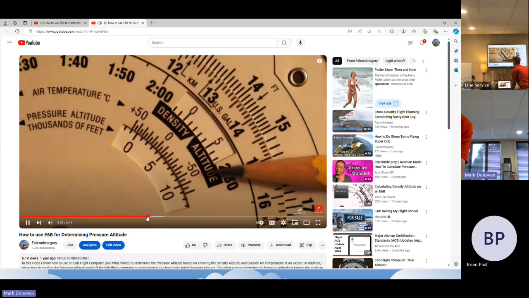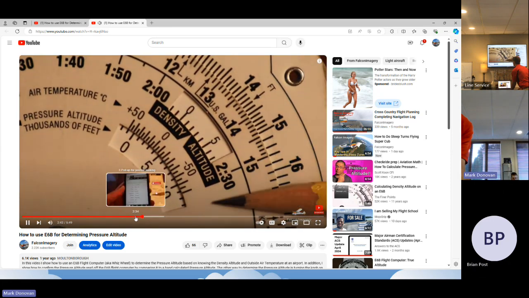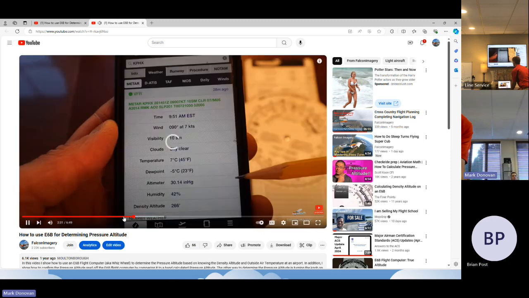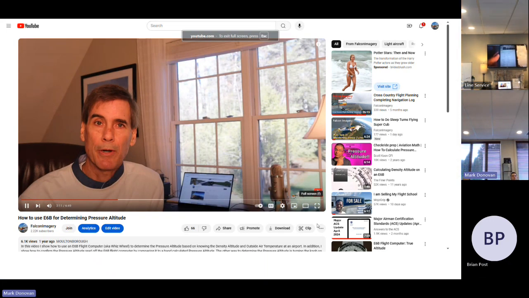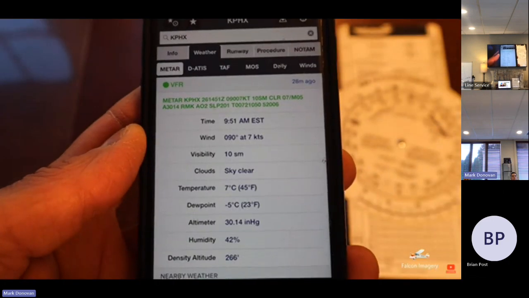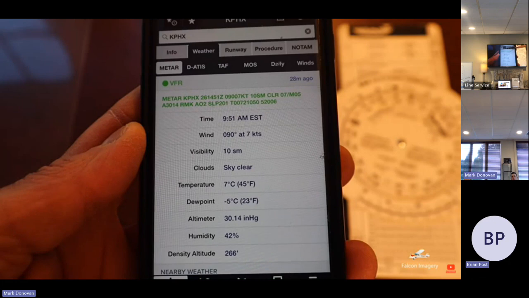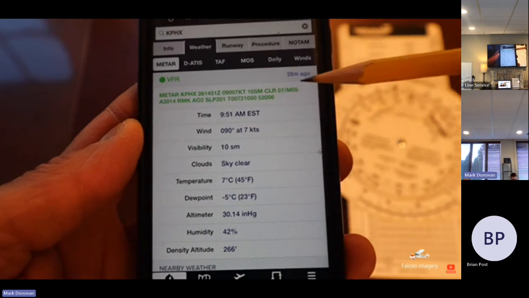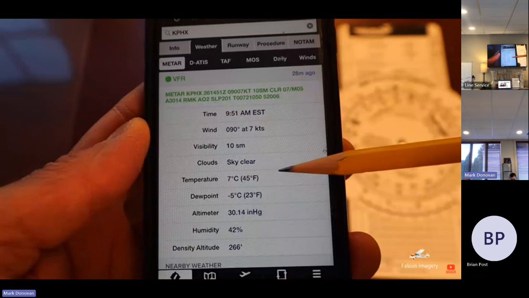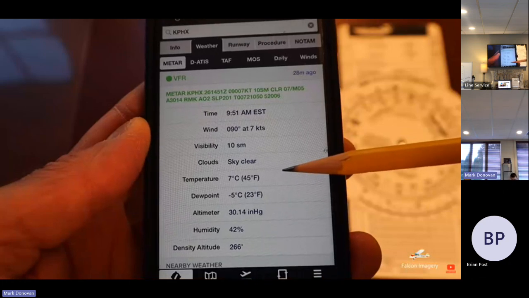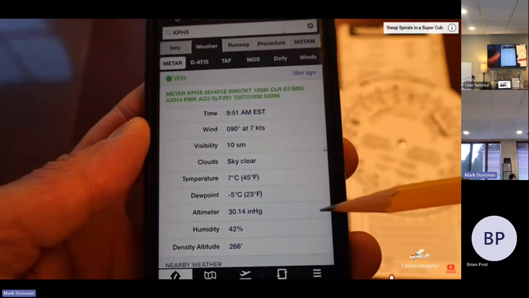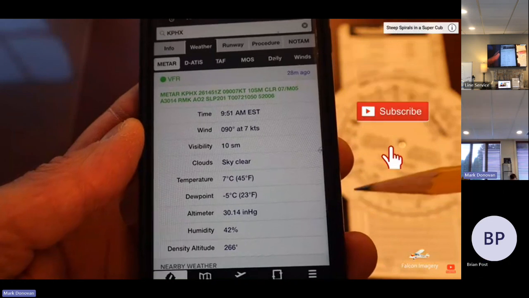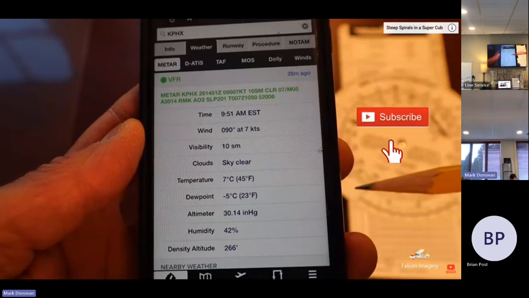Based on the METAR, we're looking at the two windows we care about. Field elevation is 11 in E6B. How we can determine what the pressure altitude is at our departing or arriving airport. So for this example, in calculating the pressure altitude using an E6B flight computer, we're going to use this METAR that comes out of Phoenix Sky Harbor Airport. And what we can see here is the temperature is 7 degrees Celsius, and the density altitude reads 266 feet. And we know the field elevation is 1,135 feet. So we're going to go ahead and determine the pressure altitude using the E6B based on this data from the